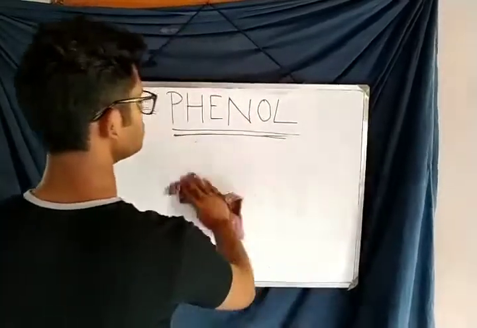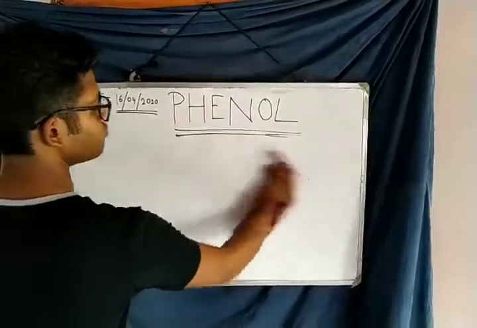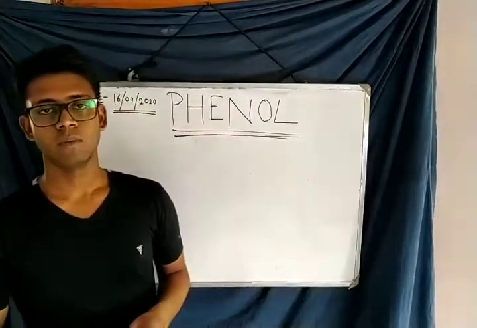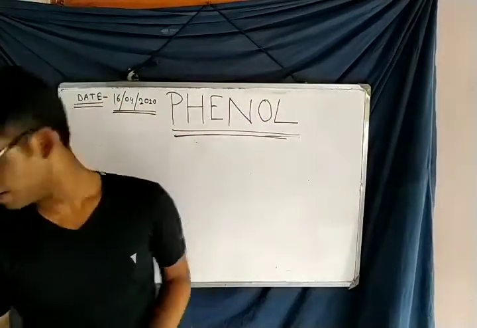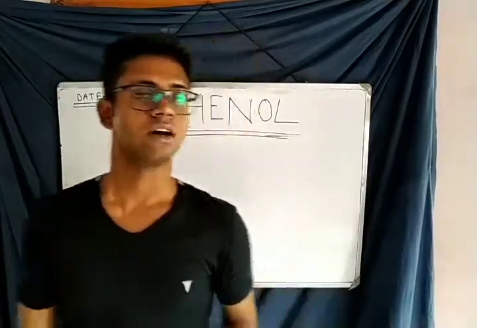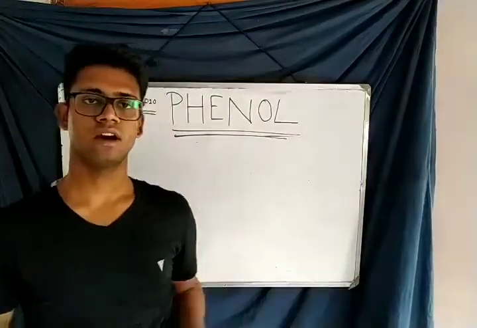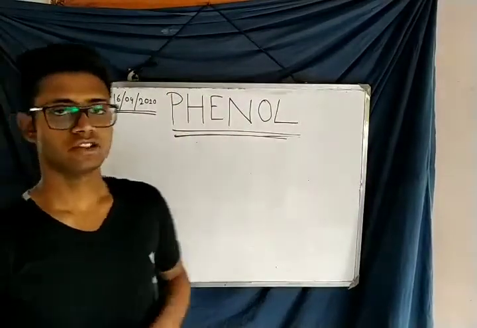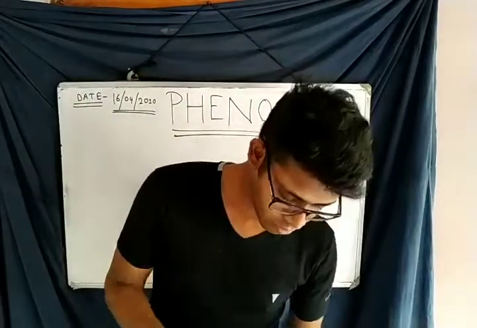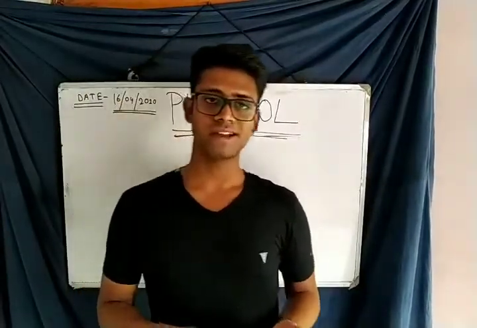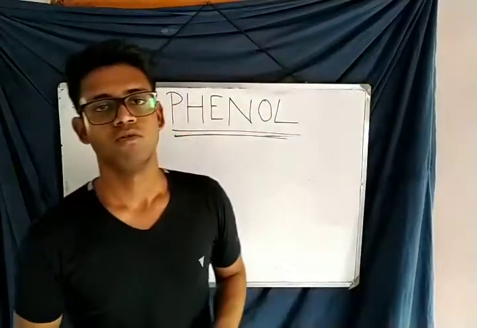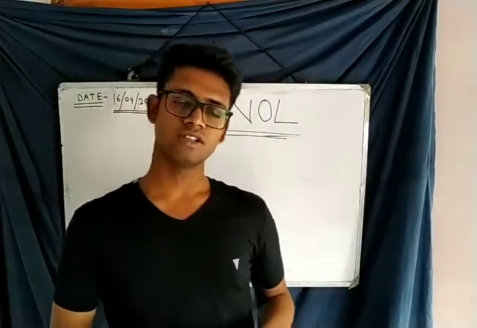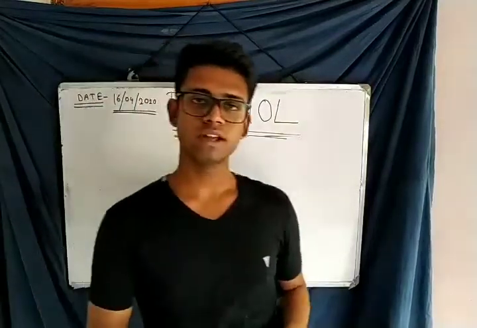So today I have finished this chapter with physical properties, many chemical properties, many oxidation properties, many reducing properties, and more. The preparation of phenol and all the topics, I have tried to complete. So that's all for today. In the next class, we will take up the last topic, that is ether. So in the next class, we are going to discuss ether. This is the last topic of this chapter of alcohol, phenol, ether of class 12. So that's all for today. Thank you so much.